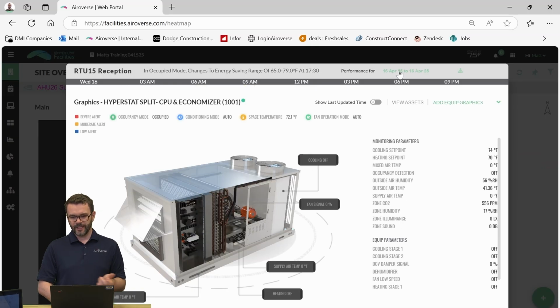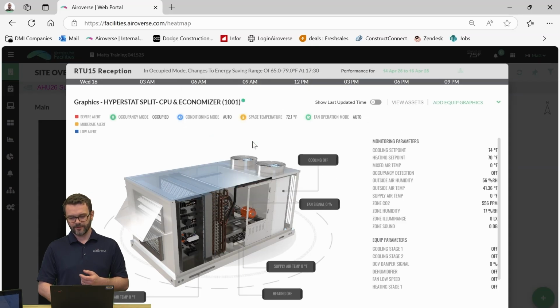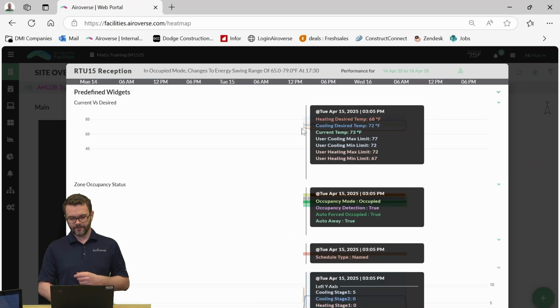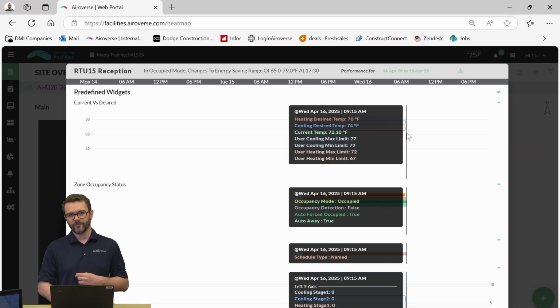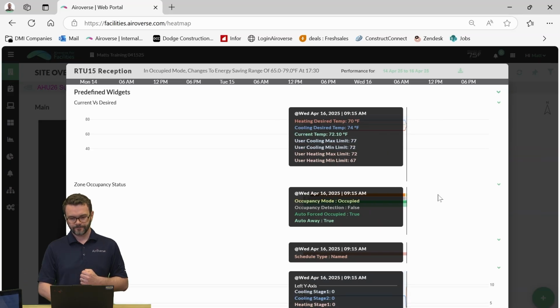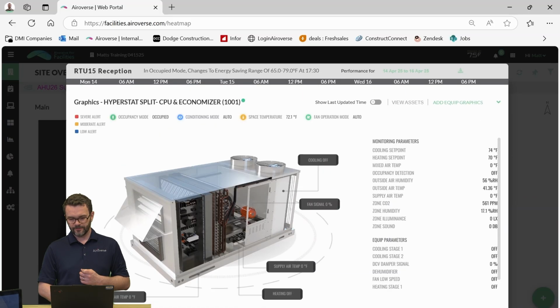If you want to change your date range, the date range is the green text here at the top. By default, it's going to show you today. There's some quick select options, or you can choose just the last 3 days or 2 days or whatever date range you want to look at. So if I do that, you can see we had a little bit of data coming from yesterday, and now we're getting a little bit more today when we turn this thing back on. You can download the data if you ever need it for anything. If I close all of these,